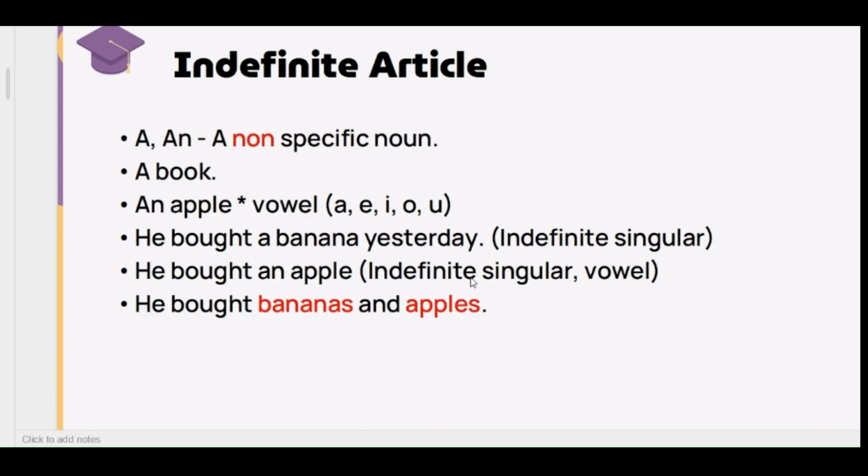When you want to talk about something in general and in plural, remember we don't have an article. So the only thing you have to say is the noun in the plural form. For example, he bought cars, and trucks. Sometimes we can say some cars, some trucks. Very good. Let's move on.